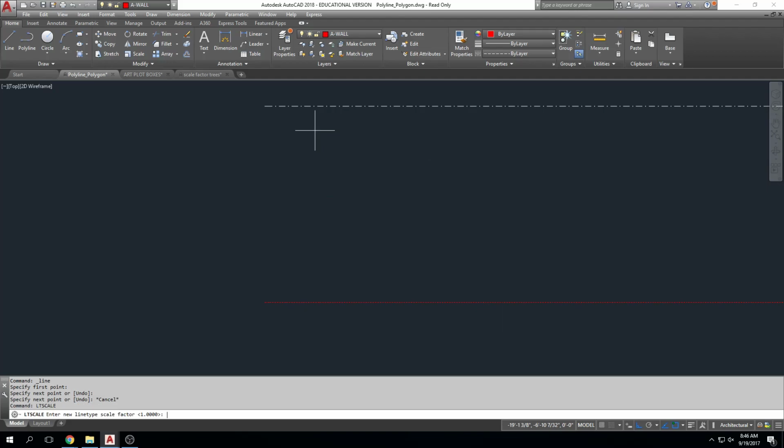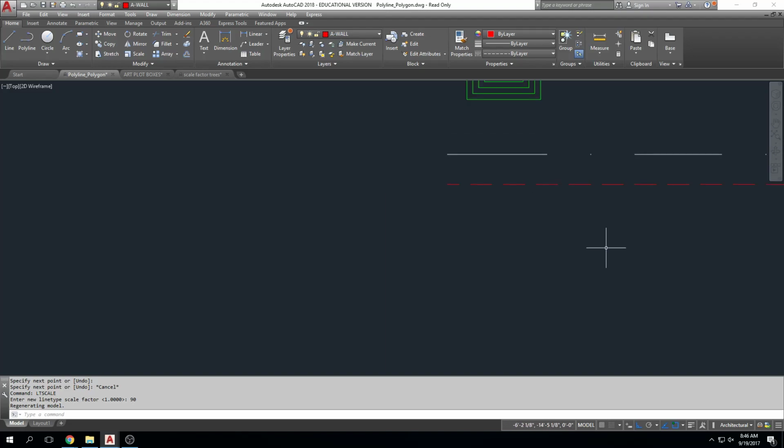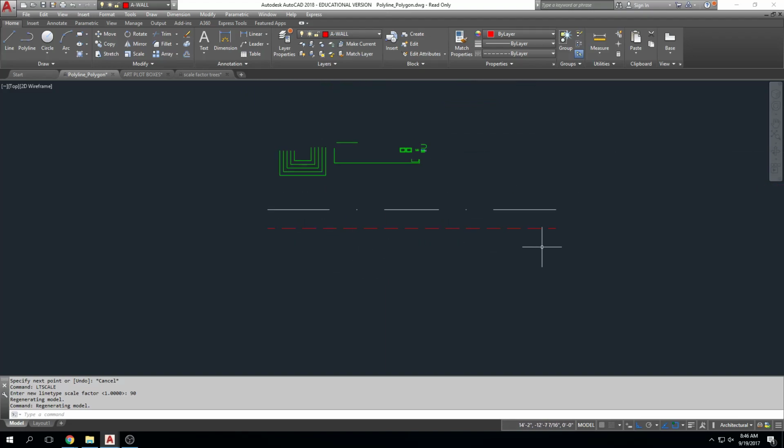Let me change it to something like 90. When I change my line type scale to 90, it essentially allows you to view these at a different scale, so the lines appear appropriate for the scale that I'm going to be using. All right. The general rule of thumb is that the line type scale is going to equal half of your